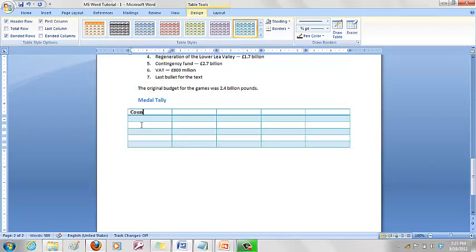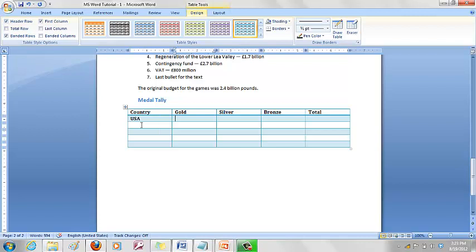Now I'm going to enter Country, Gold, Silver, Bronze, Total. This is the header. Each one of these will be the individual rows. The top country, as we know, is USA. I'm just going to enter some numbers.